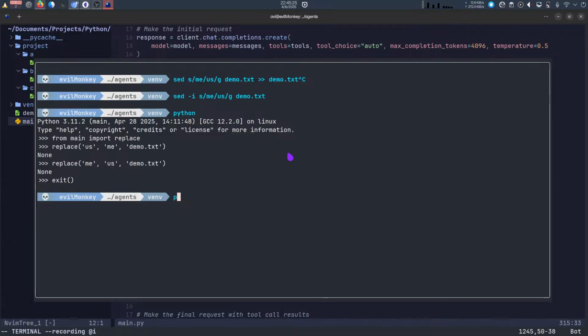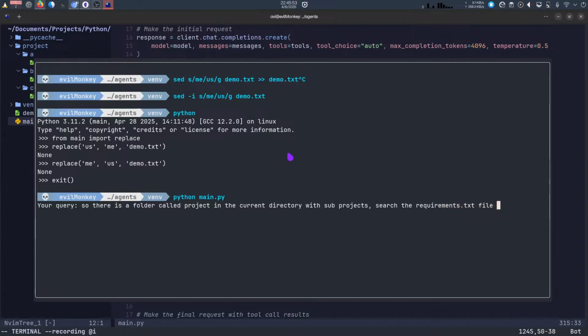So python main.py. There is a folder called project in the current directory with sub-projects. Search the requirements